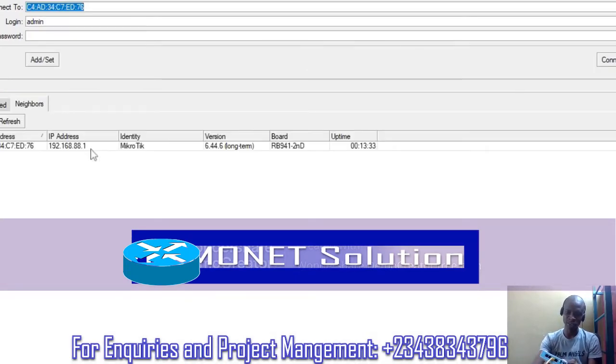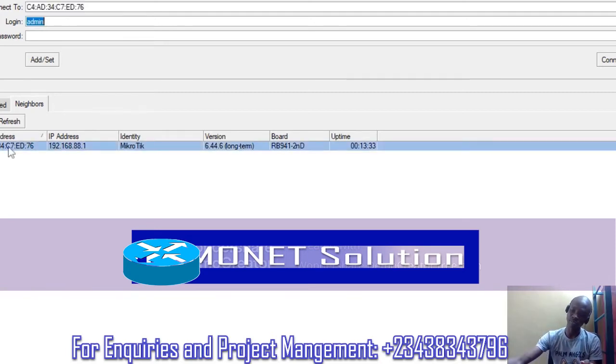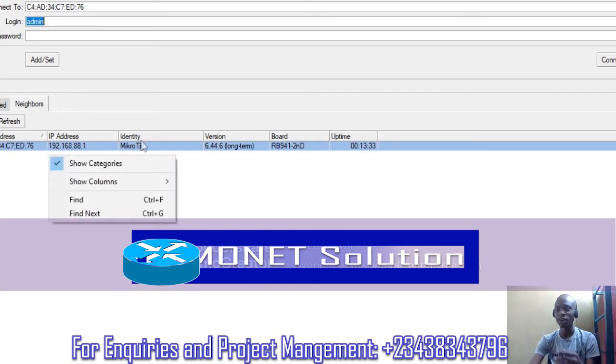So from there, you can now log in using the MAC address. The login details: admin, while the password is blank. So you can use the MAC address. You can also use the IP address. The default IP address that normally comes with Mikrotik is